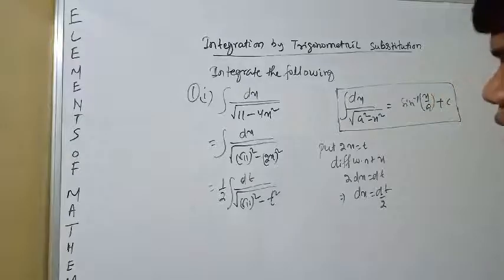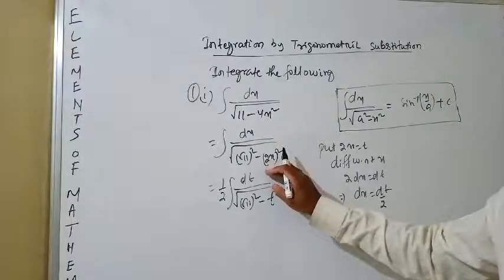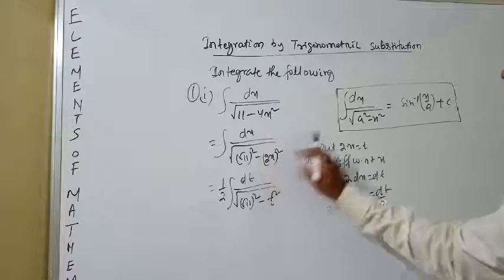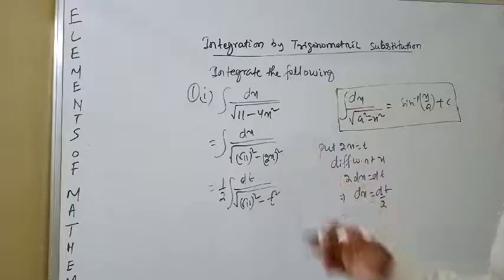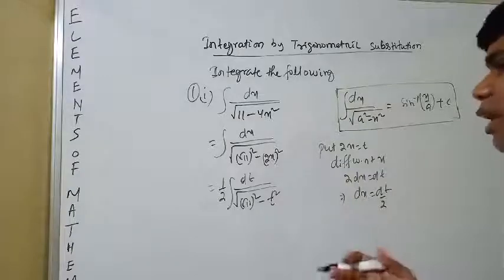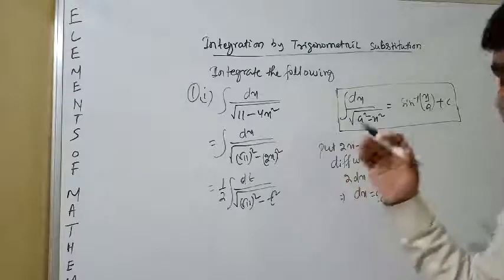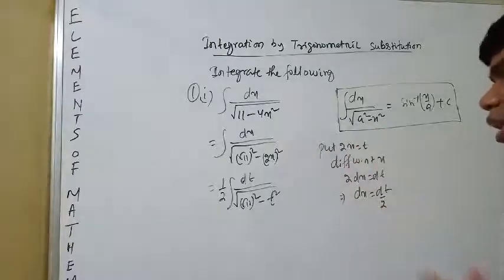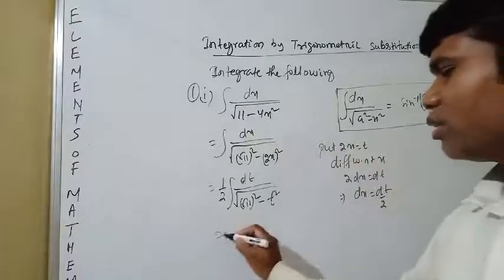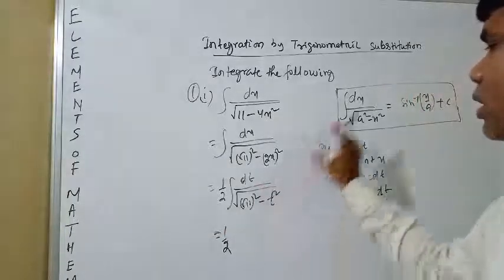You remember that if only x, only t, only z is given, we can use this formula. If 2x, 3x, 4x square or something is given, we cannot use this formula; we have to convert into a single form, that is either t or z or something like that. Now you can get the formula. This is in this formula.